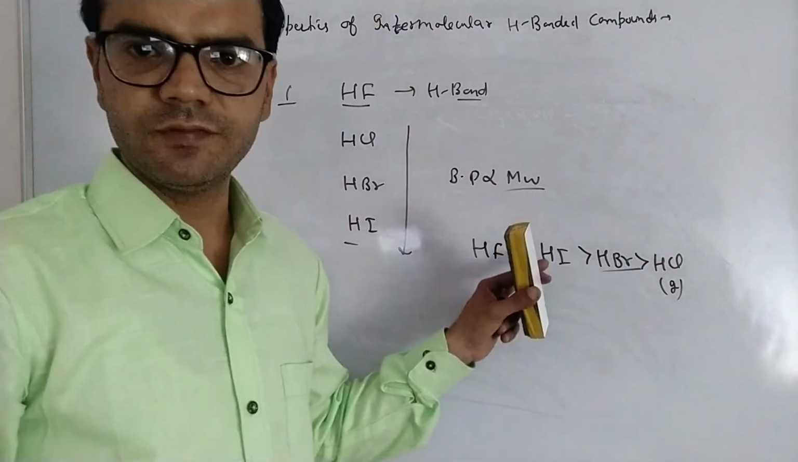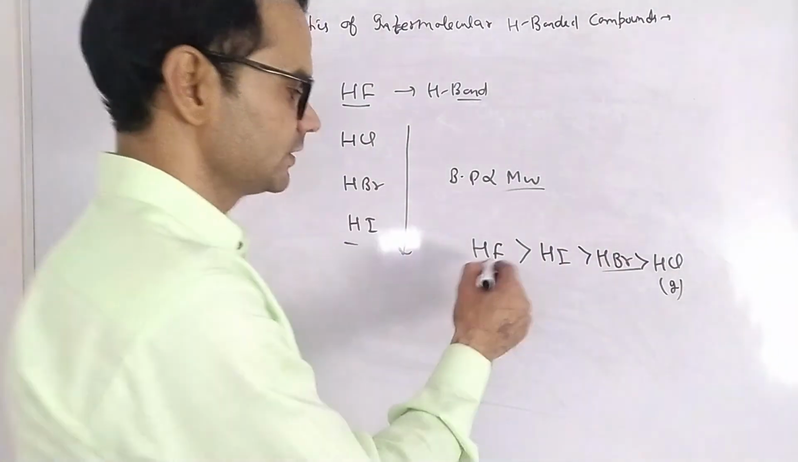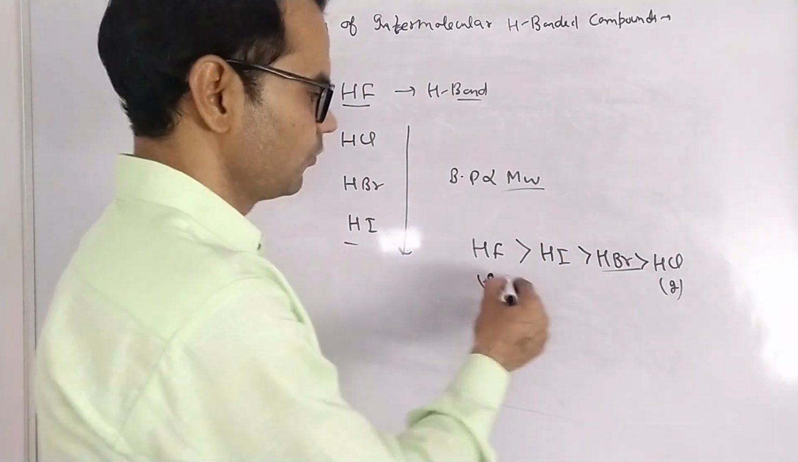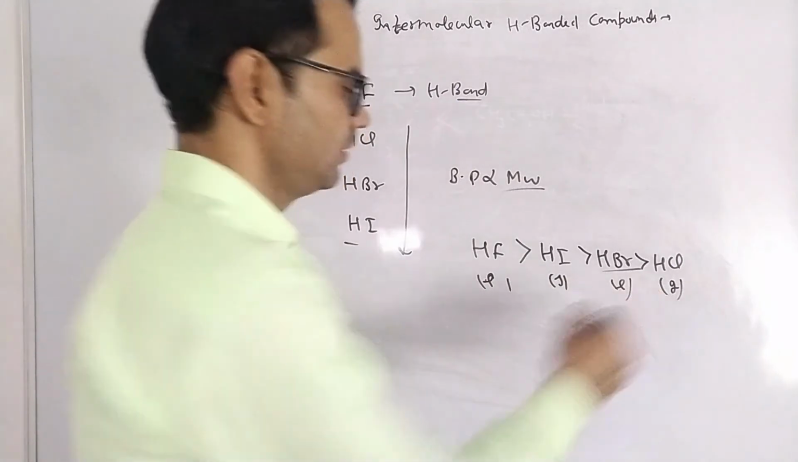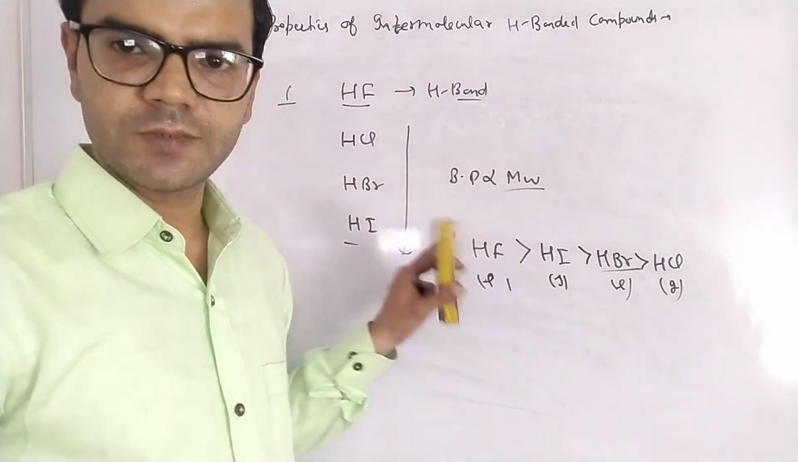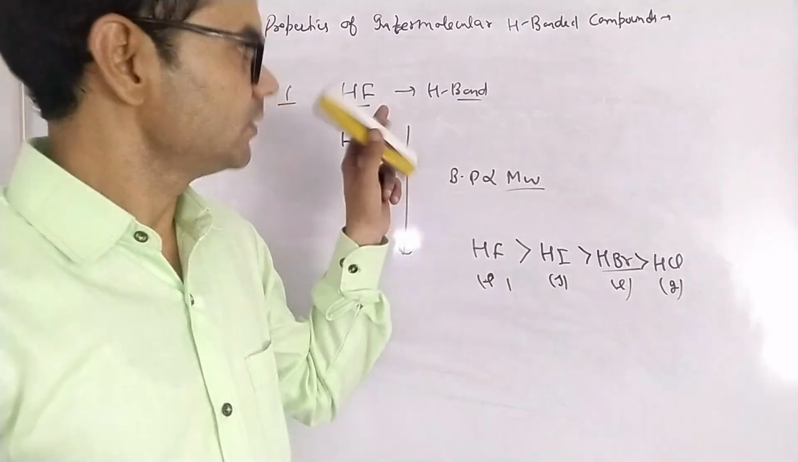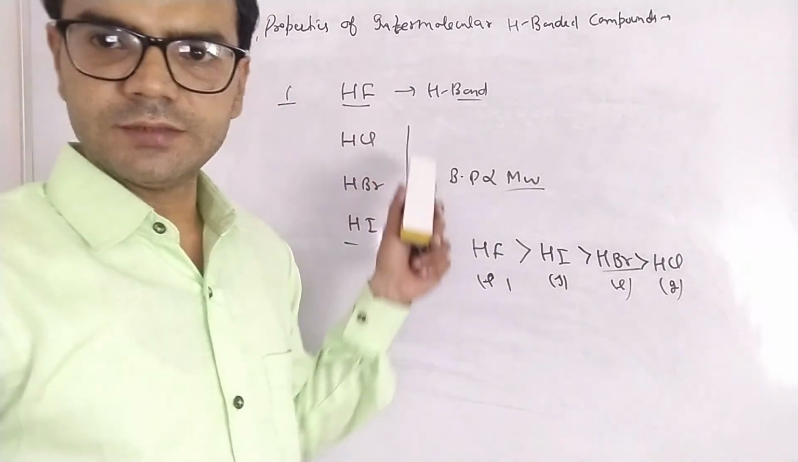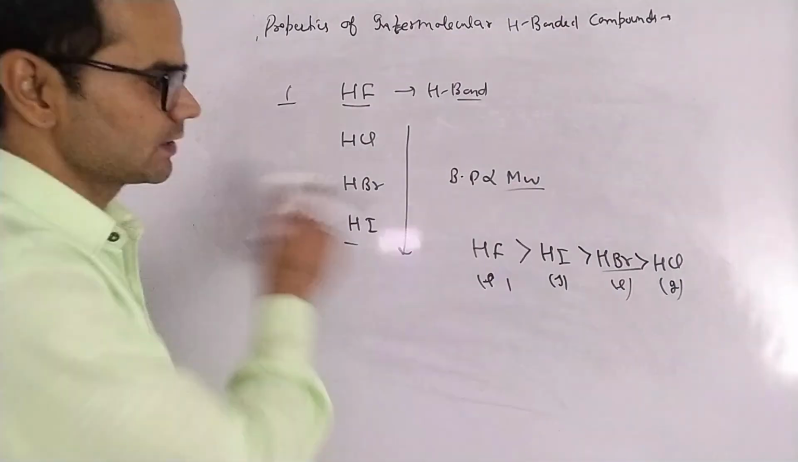Even we can understand with physical state, HCl is a gas, HI is a solid, but HF is a liquid. Due to hydrogen bond, its boiling point will increase. This is the first hydride group, group number 17. Next is